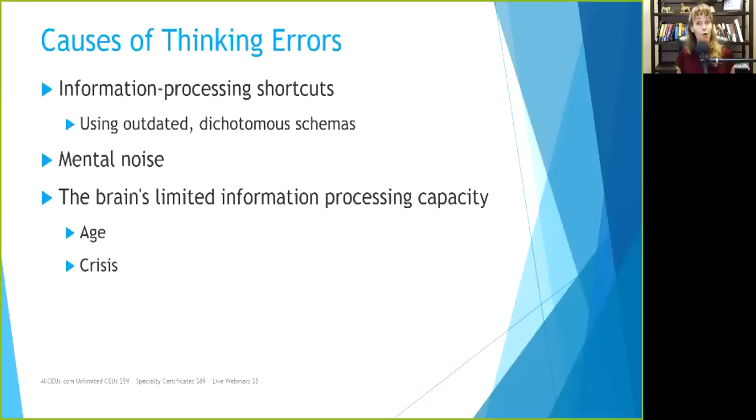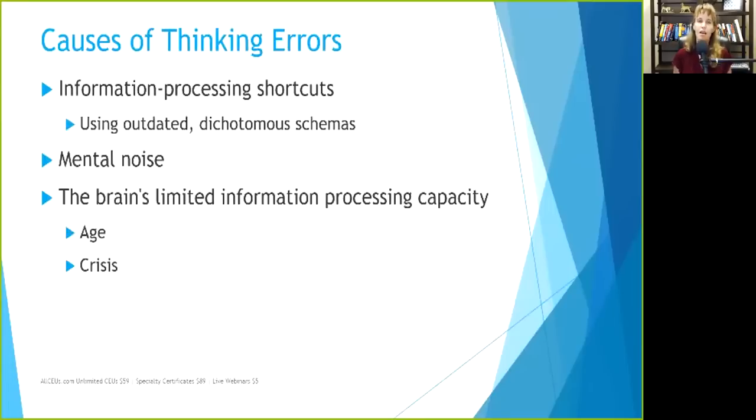And or the brain's limited information processing capacity due to age. We talked about that before. Young kids think all or nothing. They think dichotomously, egocentrically. Middle school aged kids and older start developing the ability for abstract thinking. By the time we get older, as adults, theoretically, we're able to think pretty well, think pretty clinically about different